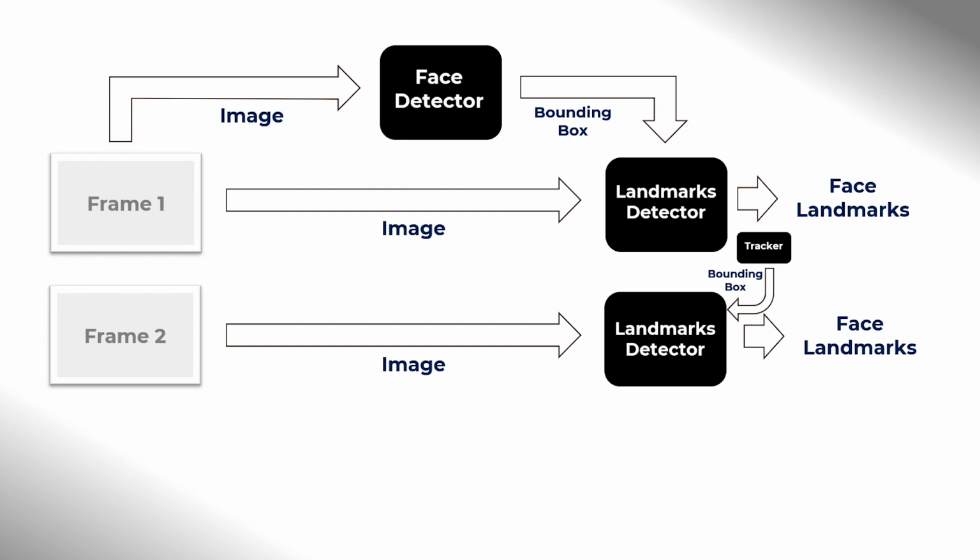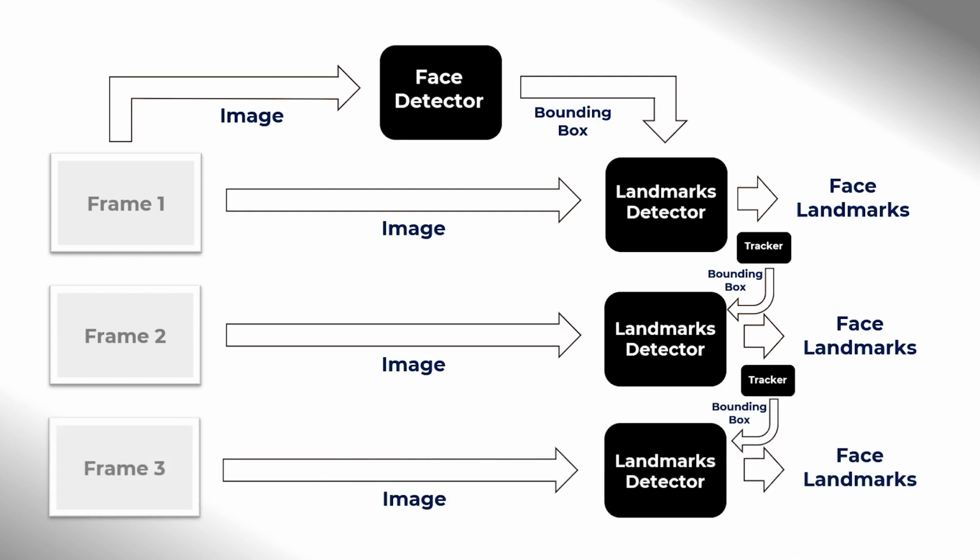So this way, you have a facial detection and a tracking combination working side by side to increase the speed of the total model. And this is pretty much the same technique that previous MediaPipe applications like the hand landmark detection or the pose detection have been using. So it's nothing new here. Anyways, let's jump into the code.